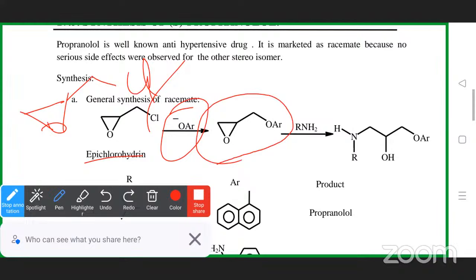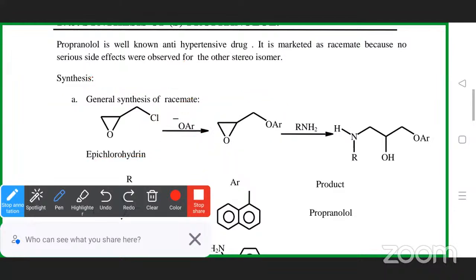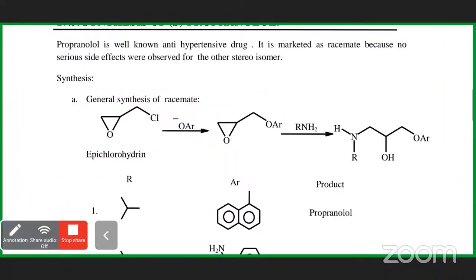Okay, then further, the opening of the epoxide ring is taking place here, right? This particular epoxide ring opening is taking place with what is it? Yes,